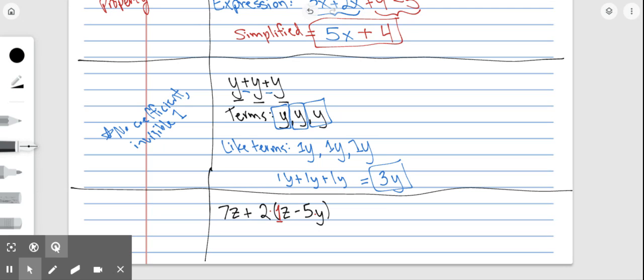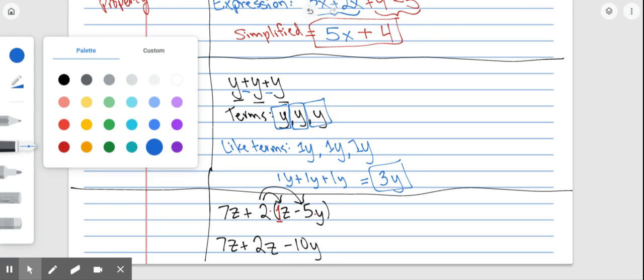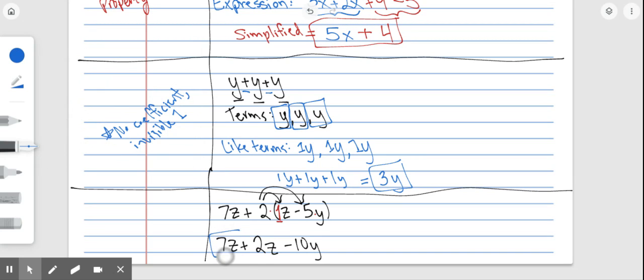Actually, what I'm going to do first is distribute. So I've got 7z stays the same, plus 2 times 1z is 2z's, minus 2 times 5y is 10y's. Okay, and now I can use boxes to find my like terms. 7z is like 2z because they both have z's, and